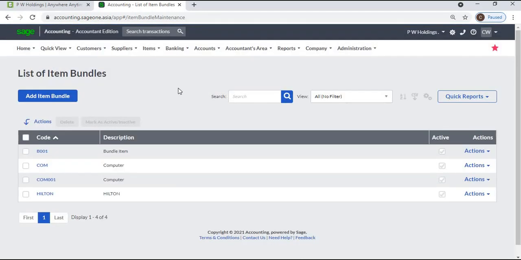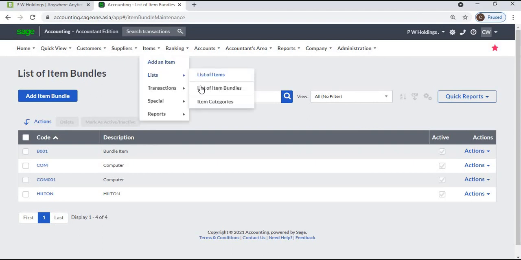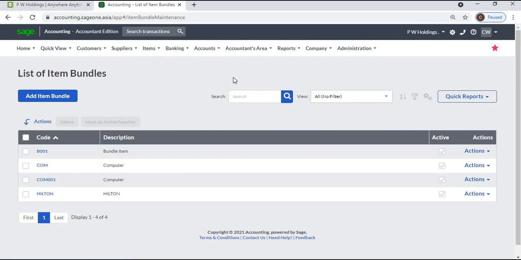Bundle items. You can create a bundle item from the items list of item bundles. Click Add Item Bundle. You can bundle 2 or more items. After you create bundle items, you can populate all items in the bundle item. Example,